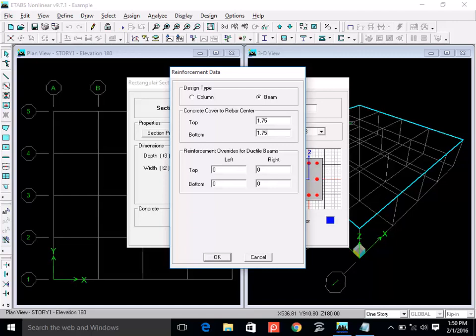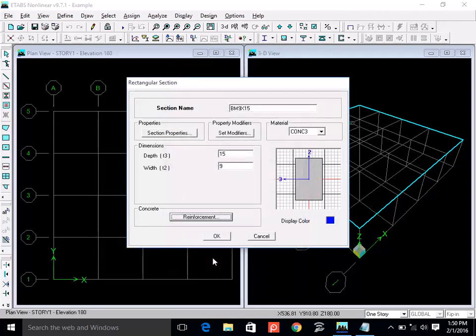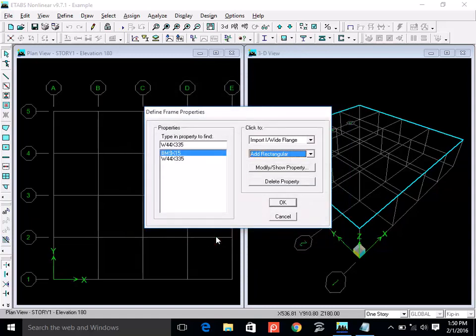Okay, just leave this bottom option, you are not concerned with this right now. Press OK. So once you do this, then you can say that your beam has been defined. One beam size 9 inches by 15 inches has been defined. You have to define 4 sizes right now. So I will go back and say